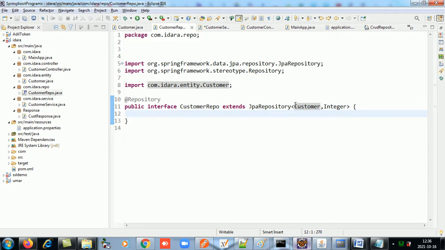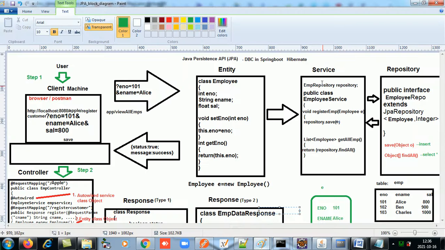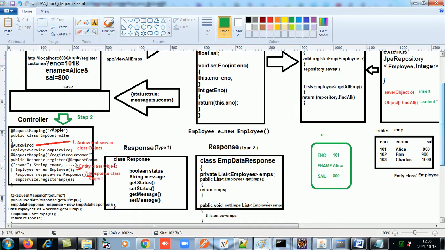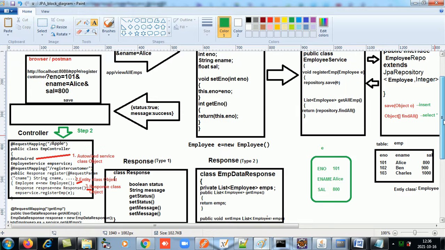Okay. Now your service interacts with the repository. So we will always invoke the methods of the service class. The service will then call these methods save and find all. So from the controller we will first make an object of the service class.